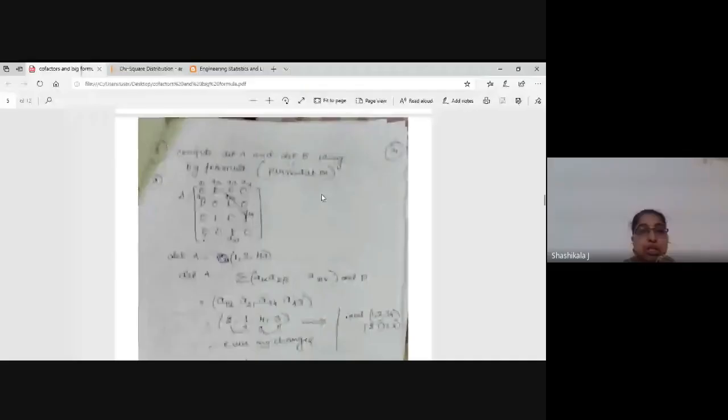In the exam, they will ask you to compute the determinant of A and the determinant of B by using the big formula or permutation. Look at this first combination: all the others are 0, so it will be very easy. Sometimes you will get only one unique combination, so instead of a sigma you will have only one term.